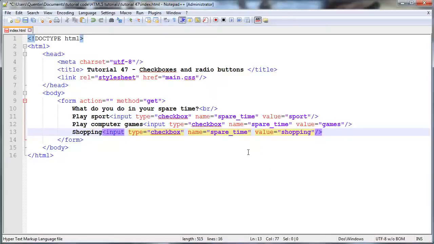Now, if we were going to send all of these back to the server like this, we might want to give each one a different name. Otherwise, we'd be doing something like this. We'd use the same name, but we would put in those square parentheses. And this basically all is determined by whatever server-side scripting language you're using, whether it be PHP or Python or something like that. So it also depends on what the programmer would like these names to be. So you might want to just find out from him whenever you're actually naming your